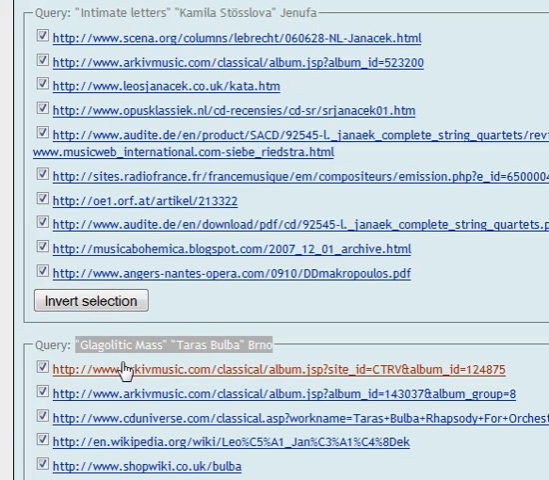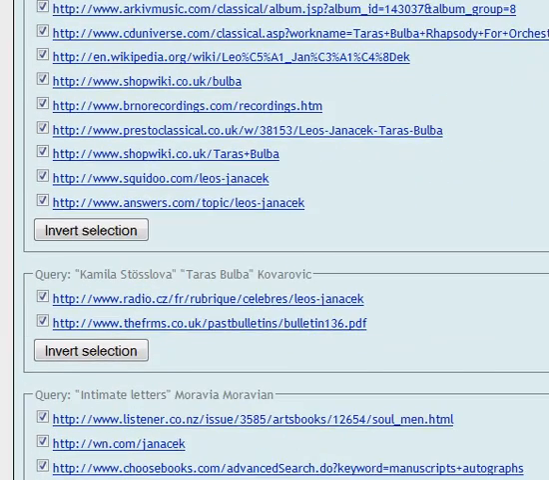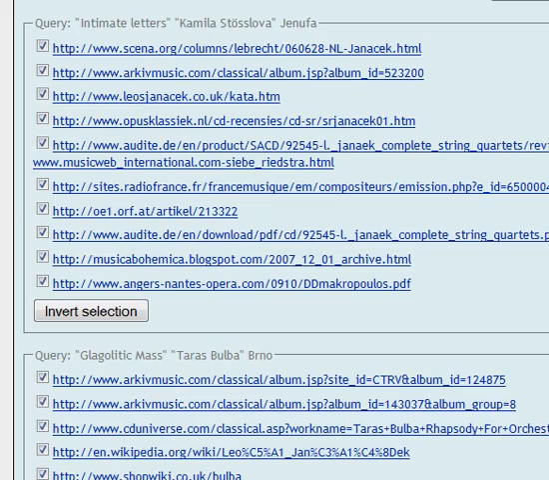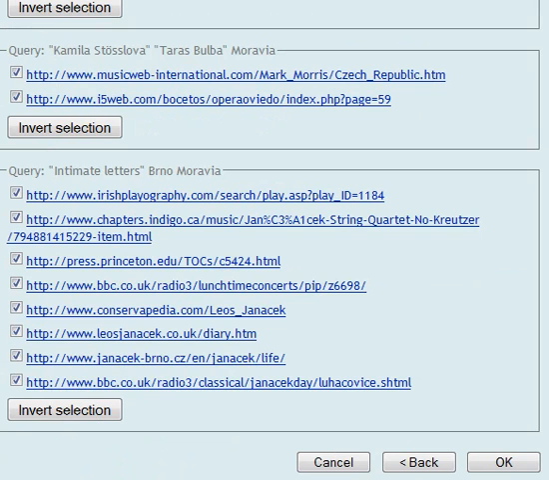So here's another 10 for these 3 items, etc. The default is 10 URLs for 10 sets of 3 seed words. If you wish to read through the URLs and say that some of them don't belong in your corpus, you can simply deselect them here. When you are satisfied with your list, click OK,